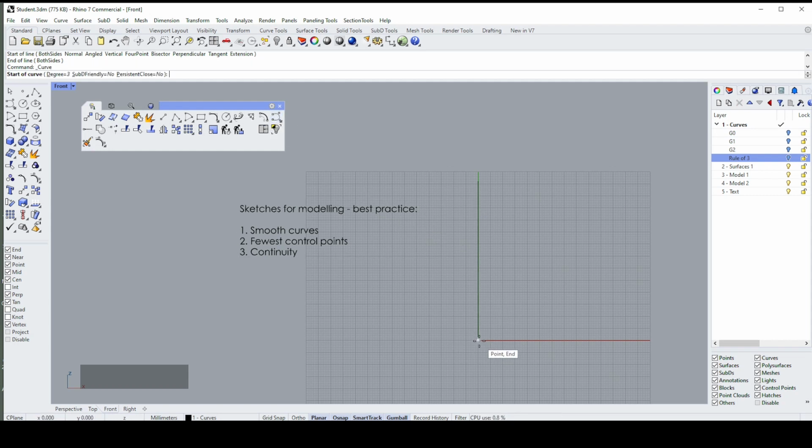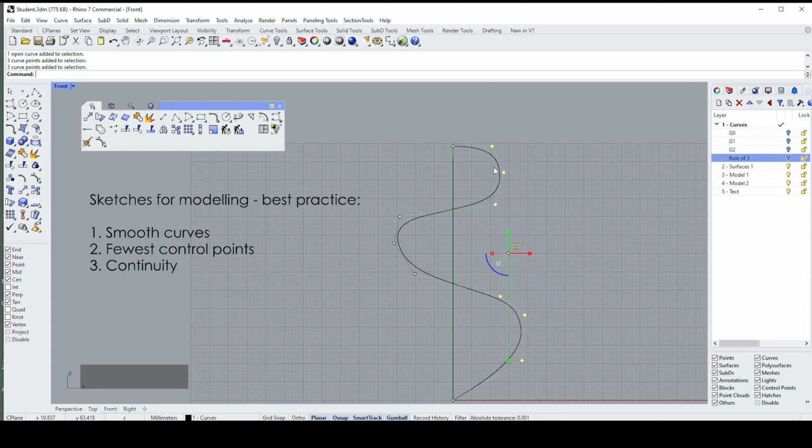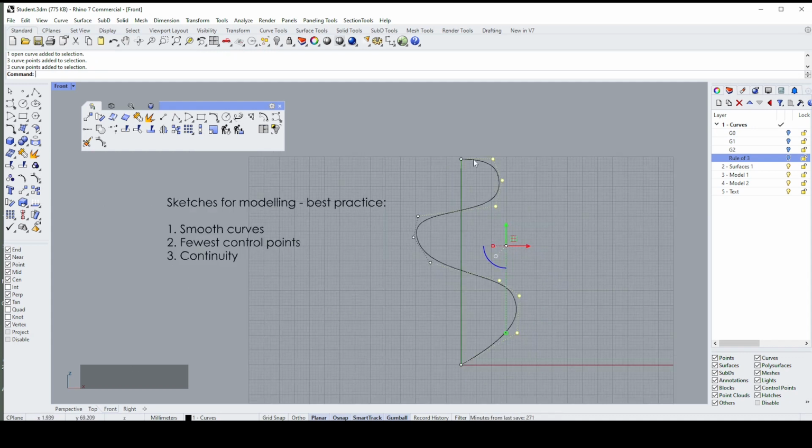Rhino is a NURBS program. That's a non-uniform rational B-spline program, which means, as you can see here, I can lay down control points. Every time I click my mouse, I get a control point, and these control points influence what the curve looks like. So if I wanted this to be a nice, neat S-curve, I'd have to do a bit of work altering where these lie. Okay, and so this is really quite tedious